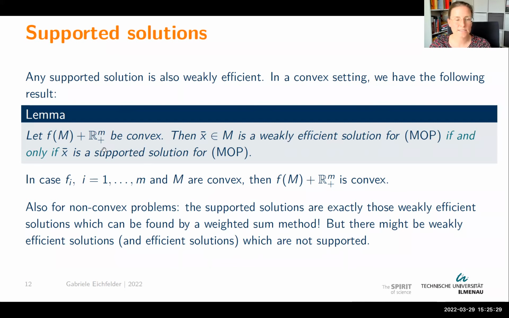So you need convexity, and this is, for instance, ensured if all the objective functions are convex and your feasible set is convex. For the problems of interest to us, we will not have these nice properties. Binary variables prevent us from having a convex feasible set, and quadratic non-convex functions are not convex functions, of course.